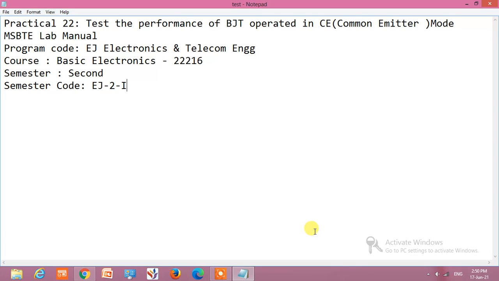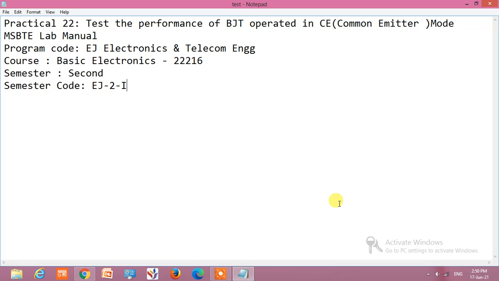The program code is EJ, Electronics and Telecommunication Engineering, course Basic Electronics. The code is 22216, Semester 2nd, semester code is EJ2I.